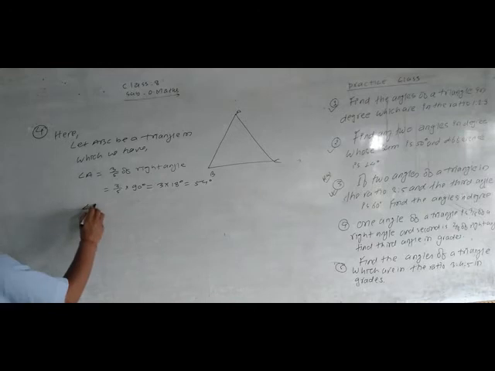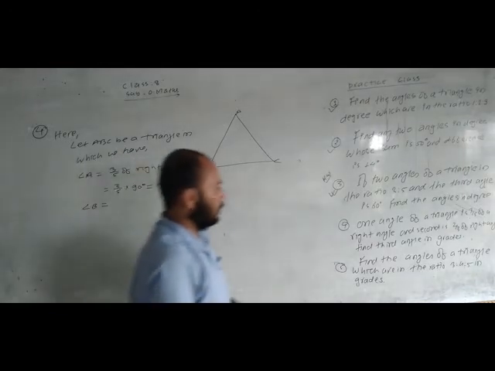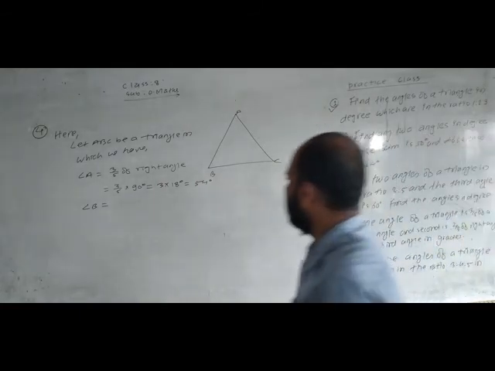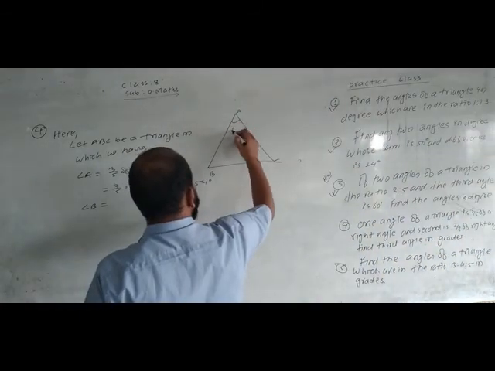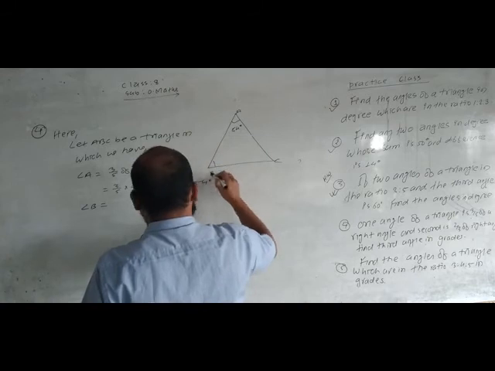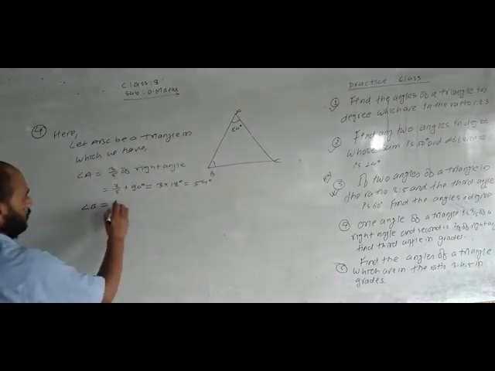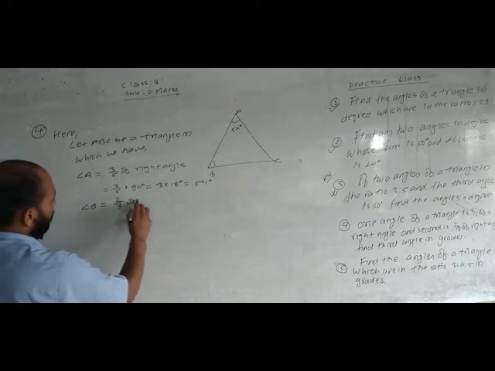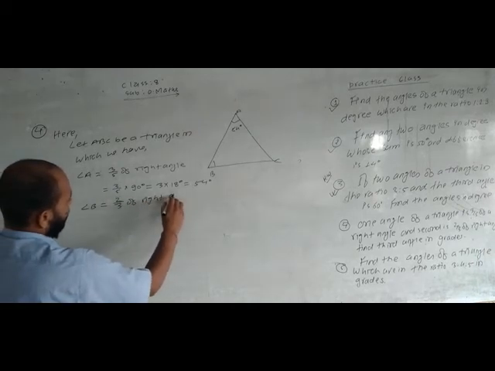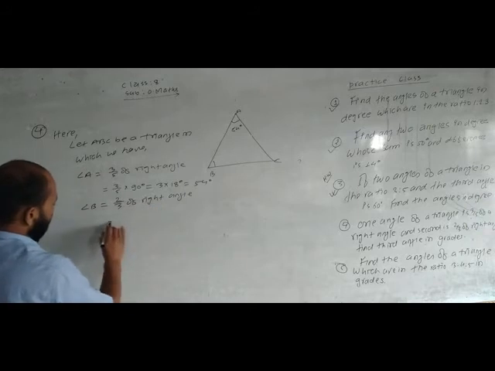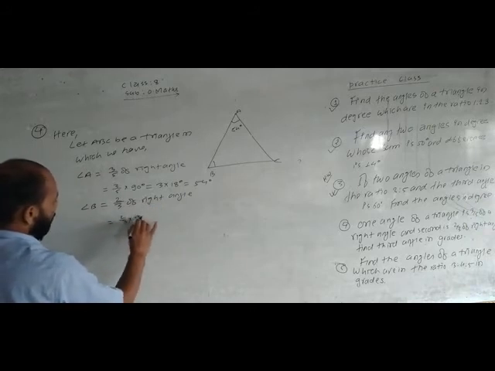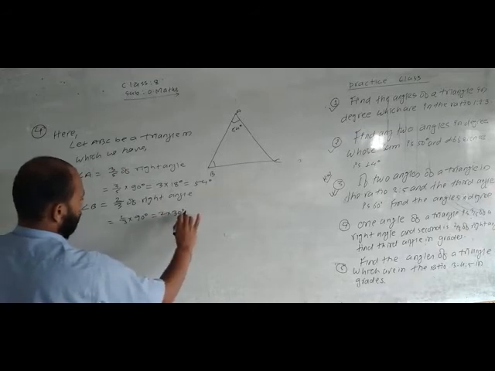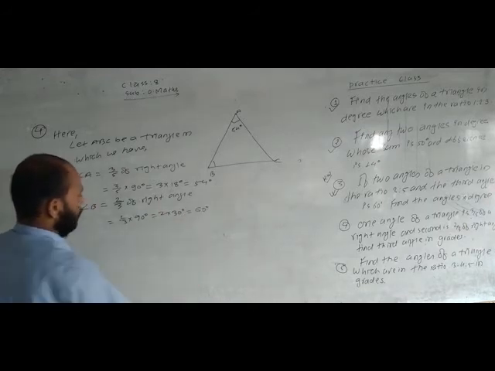And another angle B is also given here. Another angle is 2/3 of a right angle. And here we have angle A is 54 degree, and I am going to find angle B. This is 2/3 of a right angle. Here we have 2/3 into 90 degree. You know, 2 into 30 degree, then we have here 60 degree.